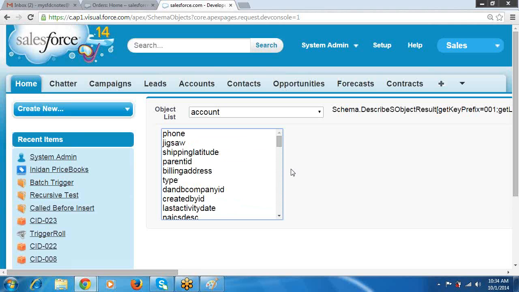Now what happens? The user is going to select some of the fields, and based on the fields he has selected, it has to go to the backend, write a SQL query, get the data, and display the page block table with the same fields you have selected. Now to add and remove the fields, we need to have some functionality called add and remove. Based on the object we got,